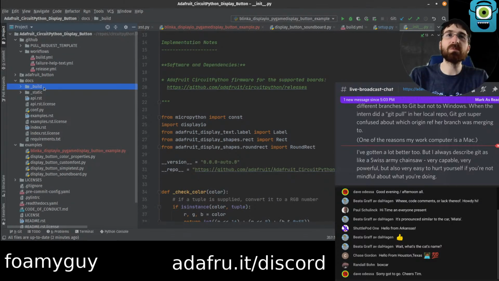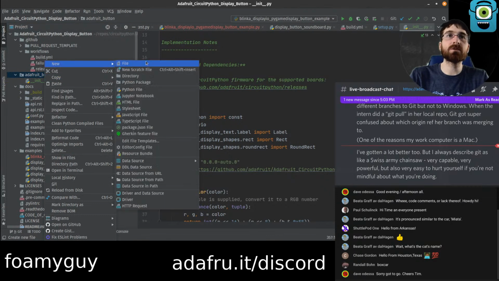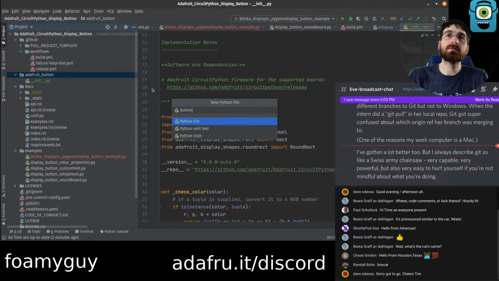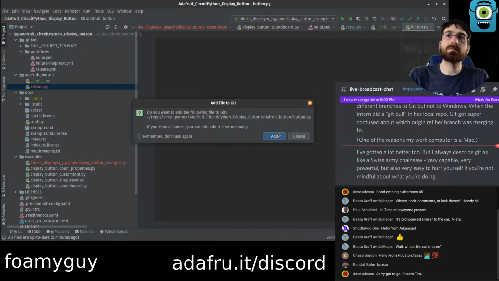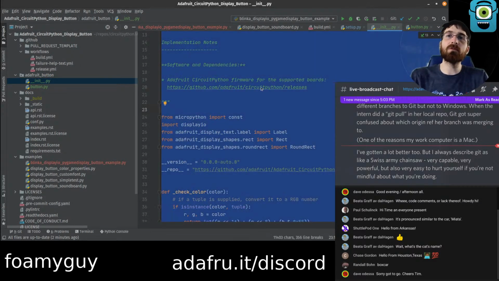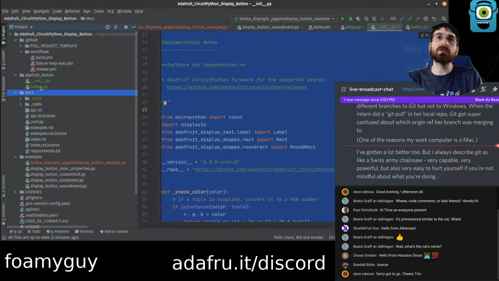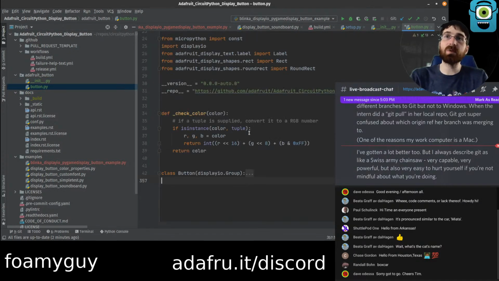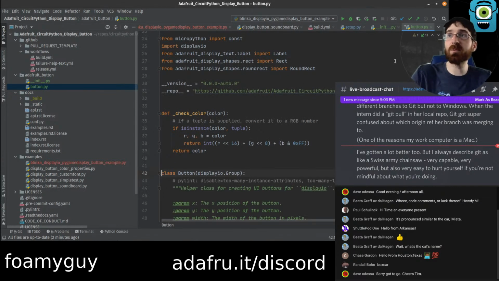Maybe it should be button and not init. Yeah, I think I actually lean towards that. I mean, if I were making it right now today, I would call it shape button because it makes buttons out of shapes. But I don't think we should change it because there's already a bunch of code that uses it and a bunch of people who know how to use it and know what name it is.